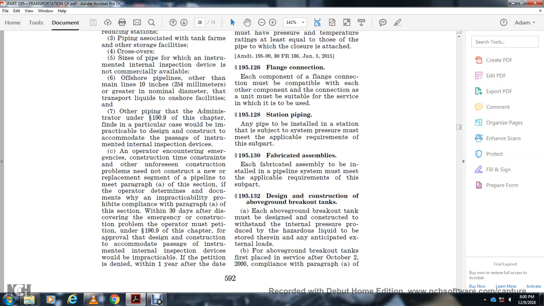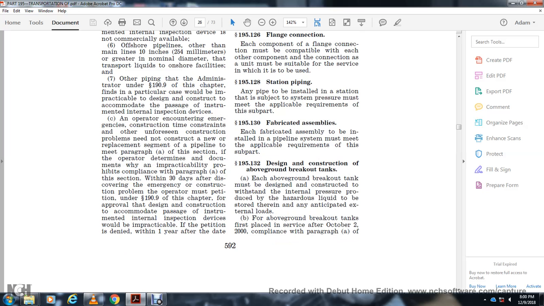195.132 Design and construction of aboveground breakout tanks. Each aboveground breakout tank must be designed and constructed with the same internal pressure to produce the hazardous liquid to be stored within it, and then the anticipated external loads for an aboveground tank with the first plate with the surface of October 2nd, 2000, compliant with paragraph A of